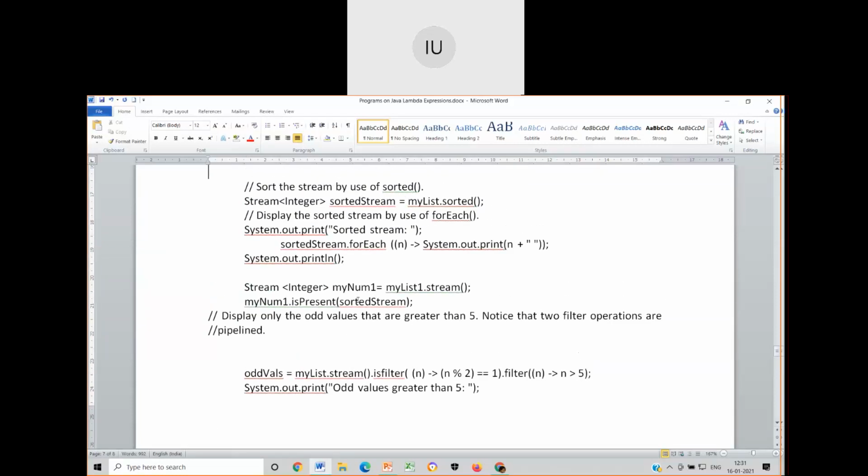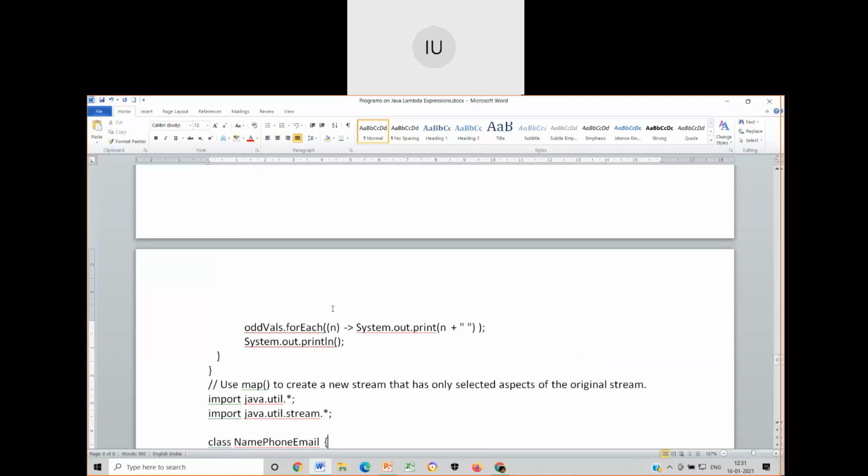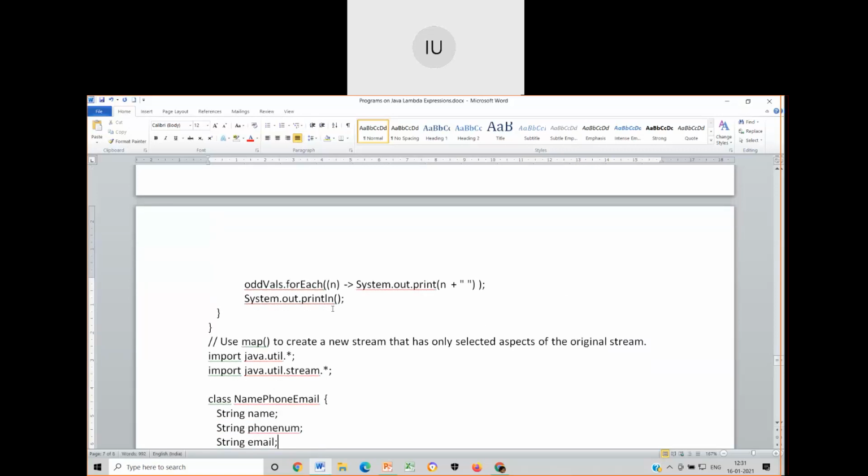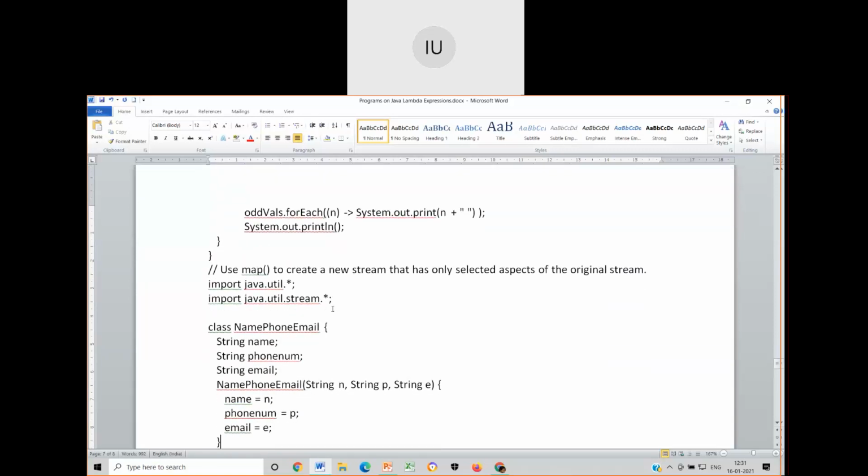I had taken a bigger sorted string, and this was a smaller one. You just want to have the comparison. Similarly, I just want to have a mapping done from a larger to a smaller. It is as good as I've stored a diary having name, phone number, and email. But now I want to stream that to a smaller diary containing only name and phone. I don't want email. How can I do that?